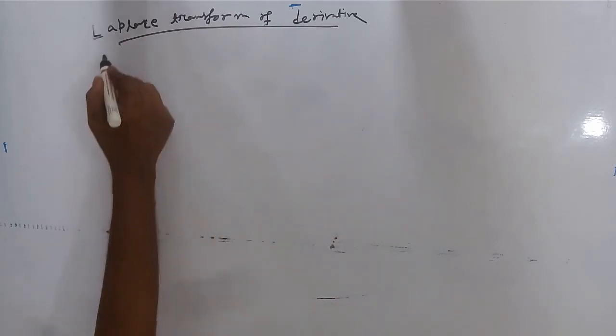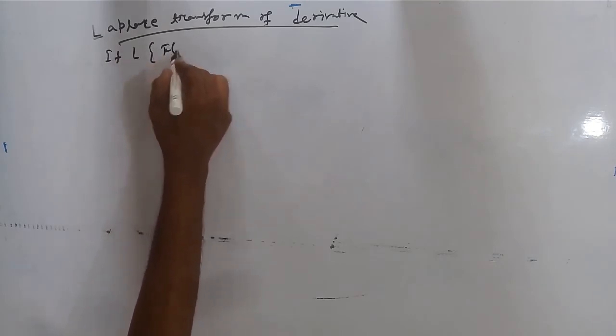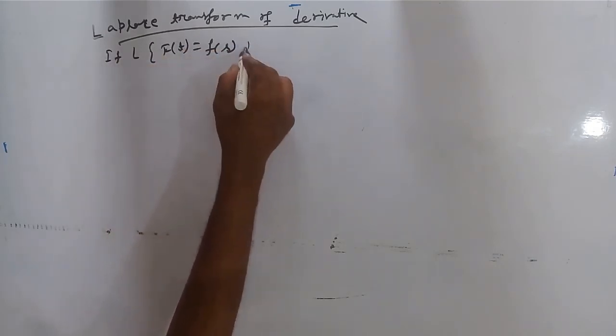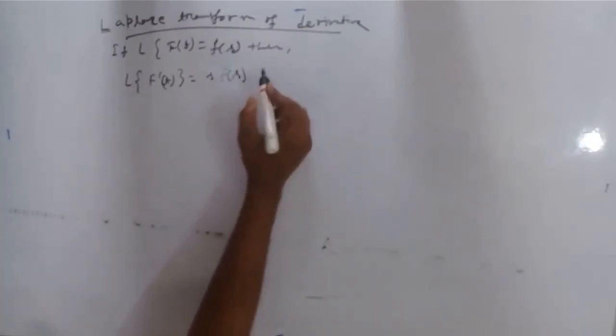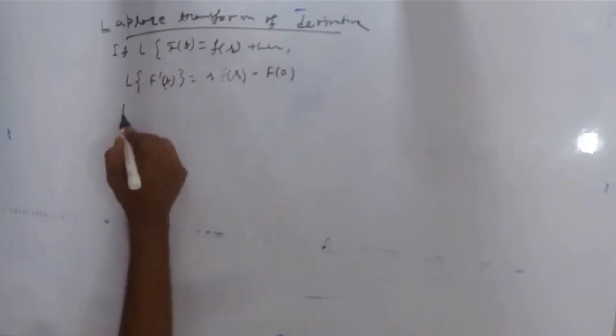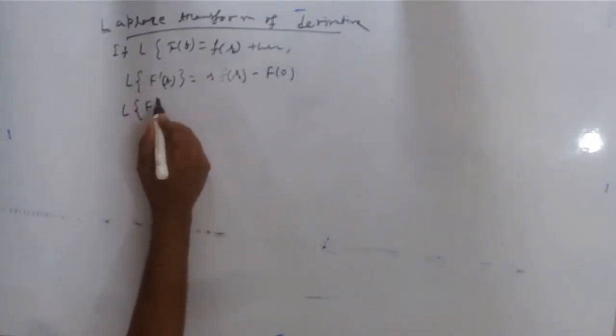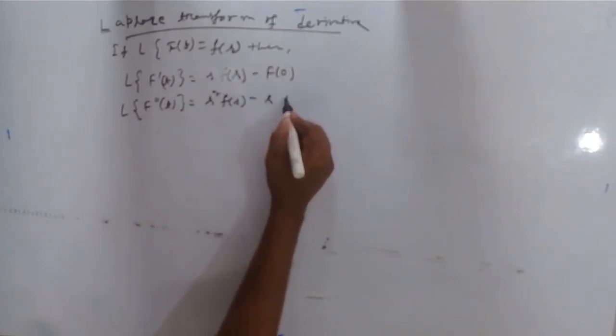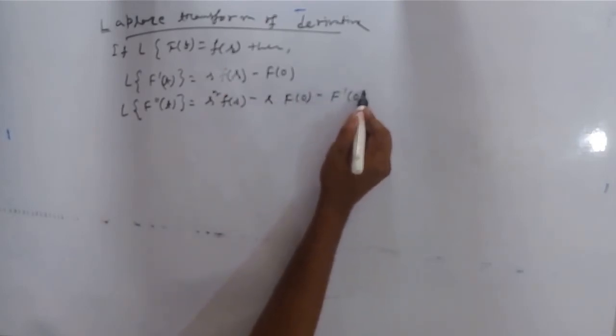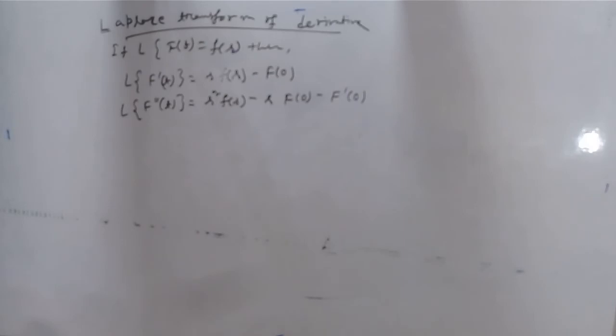So the statement is, if L of f(t) equals F(s), then L of f dash t equals s F(s) minus f(0). This is the first order derivative of f(t). L of f double dash t will be s square F(s) minus s f(0) minus f dash(0). Okay, and in this way the Laplace transform of the nth order derivative will be